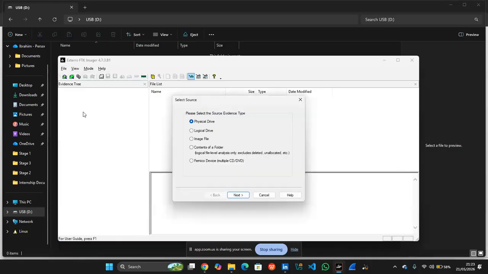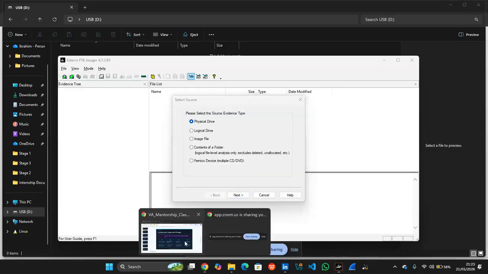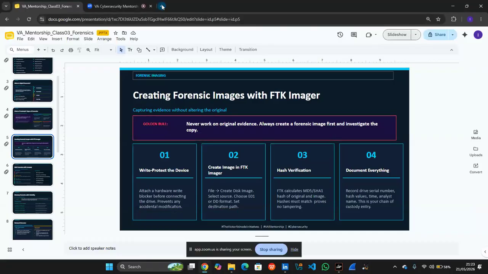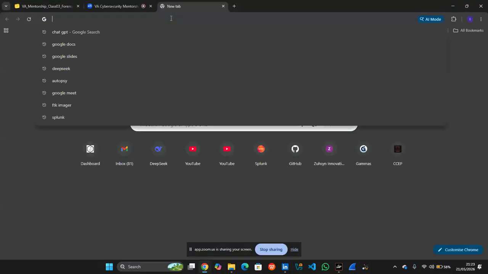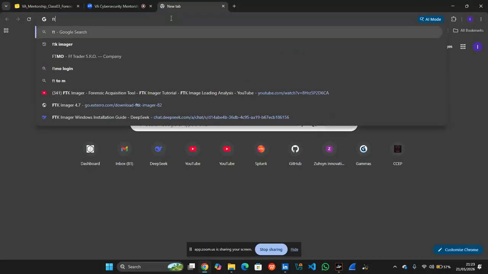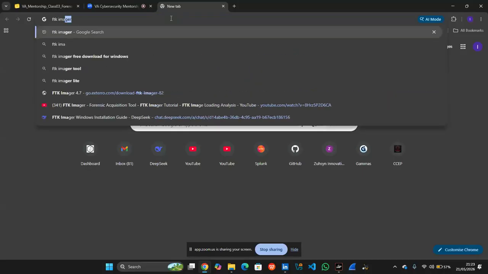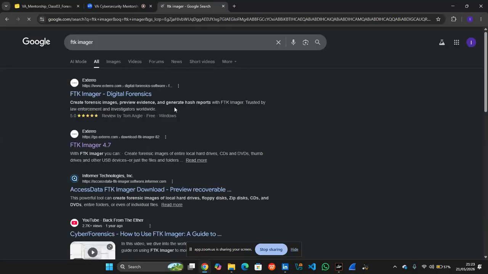Create the disk image. So I'll click on. Oh, sorry, I forgot to show you guys. I told you guys I'm going to show you how you can actually download the FTK imager too. So to download the FTK imager, you just need to search FTK imager. Although the name of the site is not FTK imager actually. This is the name of the site or the company who actually owns this particular product or application, which is Exterro. I don't know whether it's the correct pronunciation, right? Just click it.